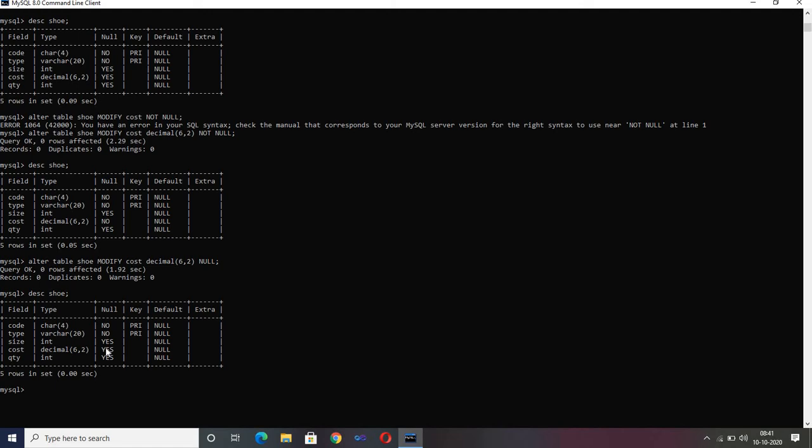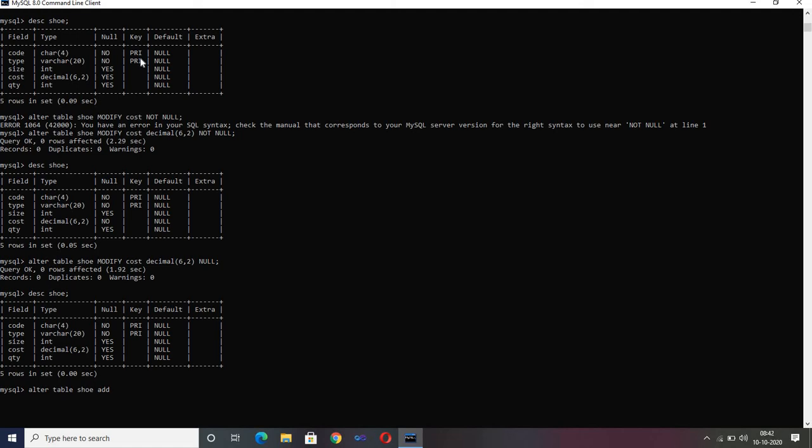So this was the case for not null. If I want to add a primary key, you simply write the word add over here. Modify we use only for not null; for the other constraints we will use the word add. Suppose the primary key is not yet created here, and if I want to create a primary key, the same procedure is applied.